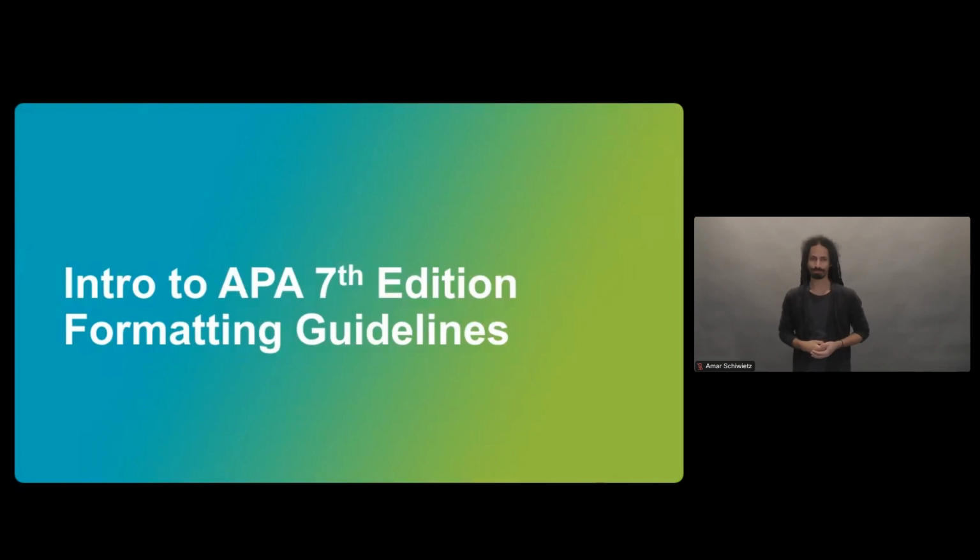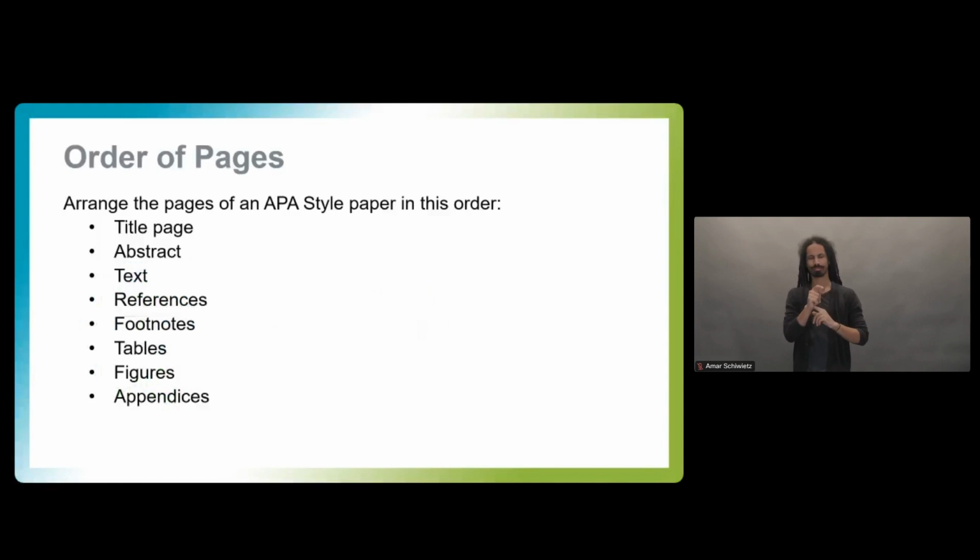All right, so let's very briefly go over some of the core formatting guidelines that APA 7 has provided for us. We're not going to talk in detail about all of the things listed on this slide here, but here's the order of pages, or you could almost say the order of parts of a writing assignment. So if you have an APA style paper, it should start with a title page, then an abstract, then the text, that's the body of the paper that you have written,